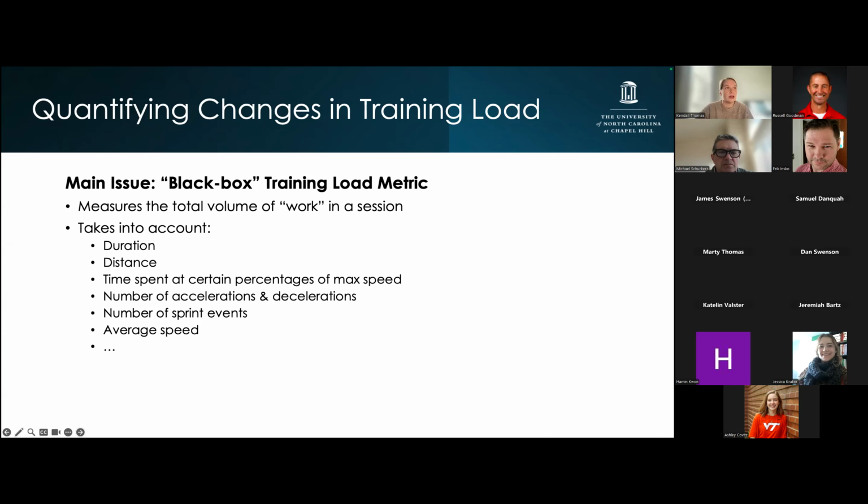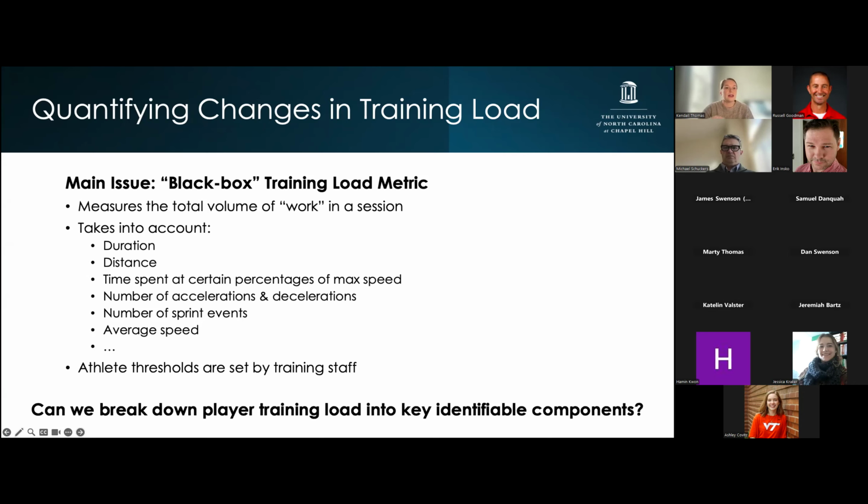And so when a coach tailors a practice to the one device they have, then they switch units to another company, it's really hard to go back and forth in terms of understanding what those numbers can mean. And so our goal is to then, can we break down this player training load into key identifiable components that are used from the raw data so that no matter which company you're using, no matter what data you're looking at, as long as you have that raw data, you can come up with a way to understand the player's